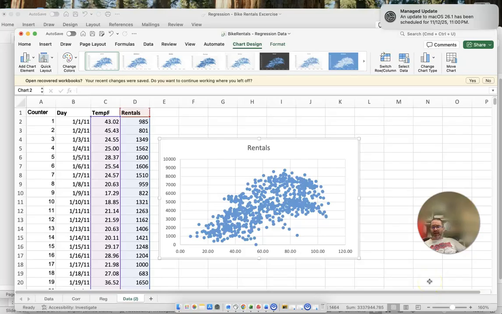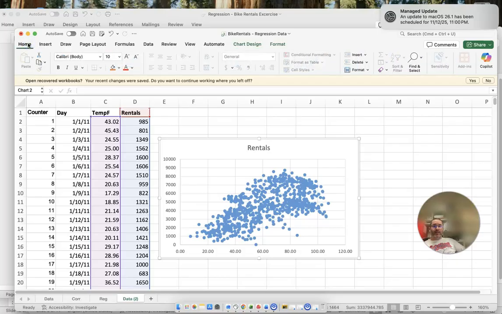What it would look like is that when it's cold, people don't like to rent bikes, which makes sense, and that's what we saw a little earlier. But on the high end, it gets a little more difficult to interpret because it does seem like as temperature increases, there's more bikes being sold, right? And we can actually see that